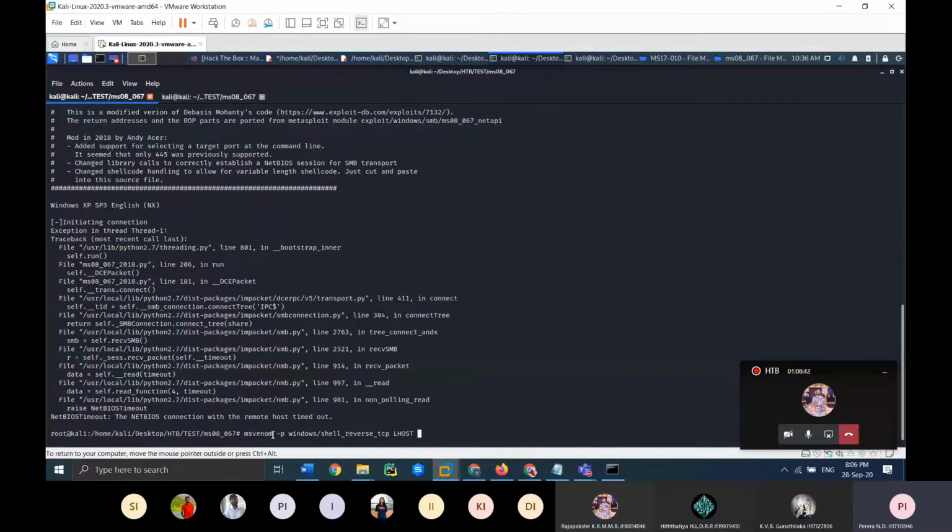You will be giving the LHOST, which is your machine, 10.10.14. So let's give the 1234 port again, and the exit function.